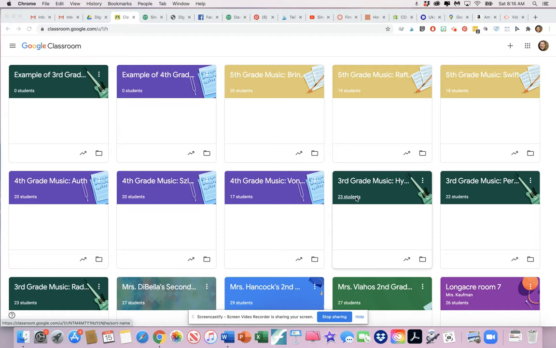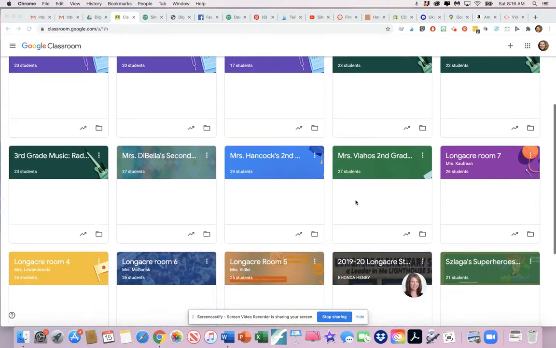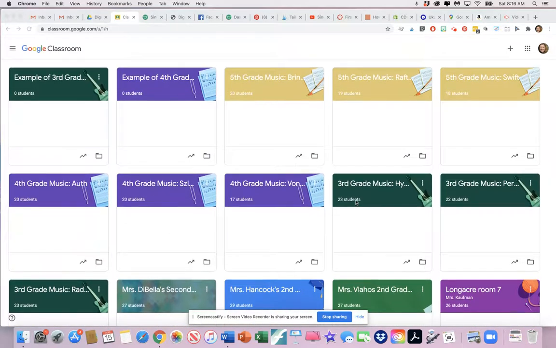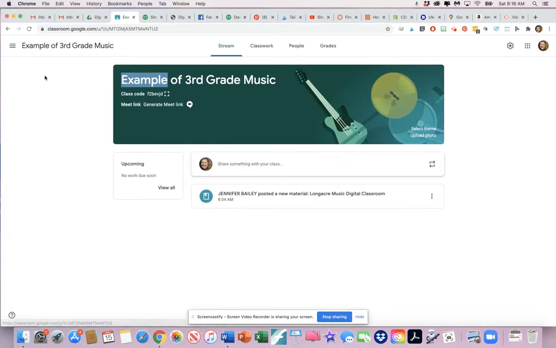So if you're a music teacher like me, you can see that you have multiple classrooms that you manage and assign assignments to, and I'm going to share with you a couple things to make your life easier. I'm going to go into an example of a third grade classroom. I'm not taking you into a real Google Classroom because I do have students assigned in there and I want to protect their privacy. So this is just an example of